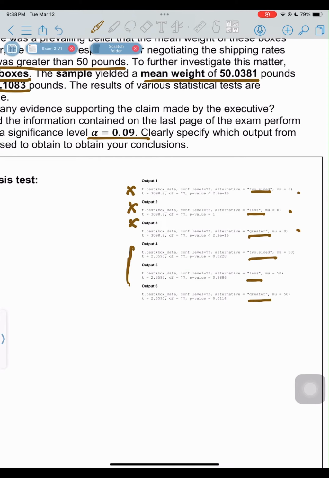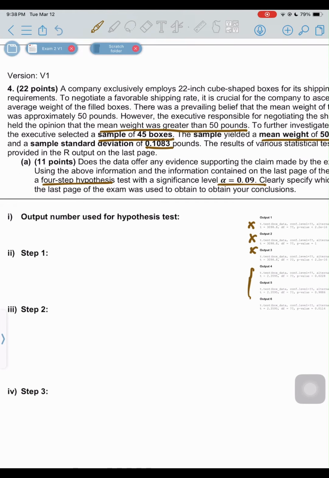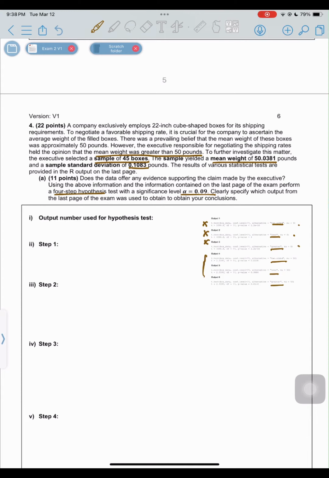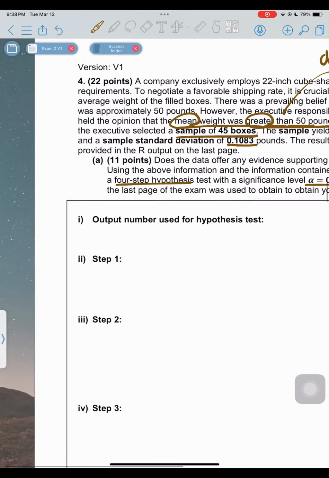Two-sided, less, greater. And if you look at our option, the executive responsible for negotiating held the opinion that the mean weight was greater. That's your alternative hypothesis. So it has to be greater. So the only option left is C. Not C, I'll put 6. So output 6 will be our